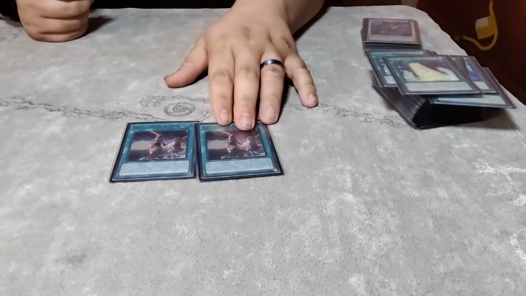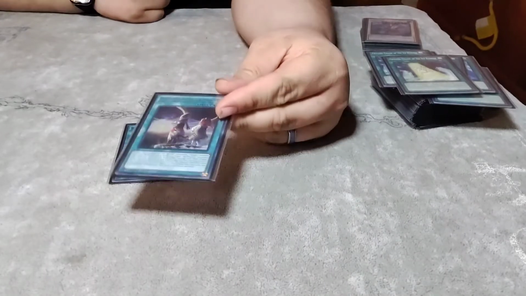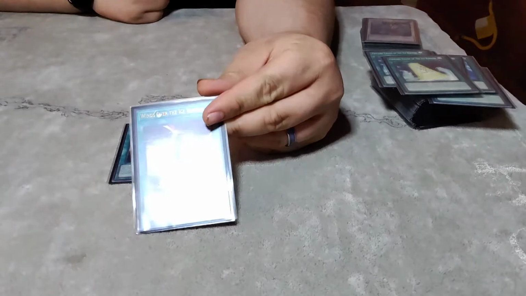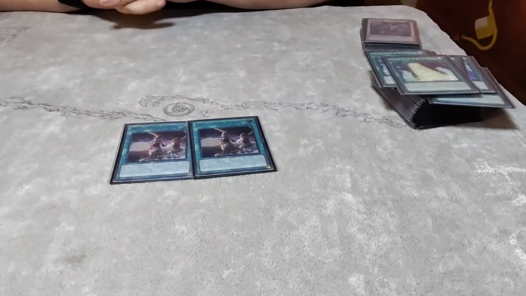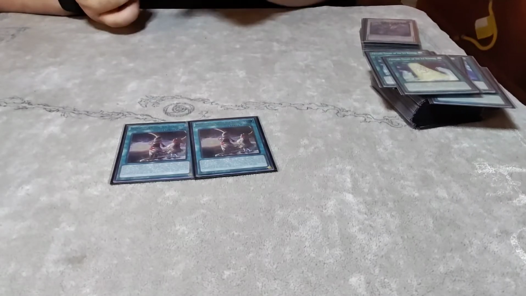And lastly, the 39th and 40th card of the deck are Winds Over the Ice Barrier. An absolutely beautiful card in terms of artwork here. Get it when it doesn't glare. Winds Over the Ice Barrier allows you to tribute Ice Barrier monsters you control and summon Ice Barriers with different names from themselves